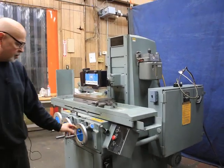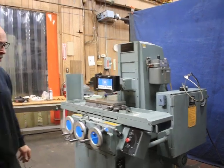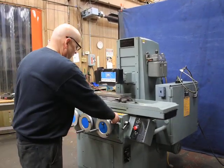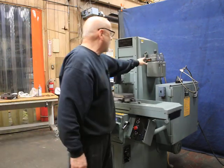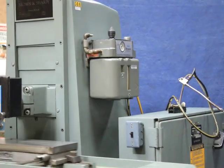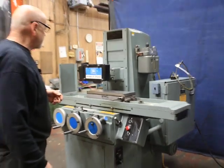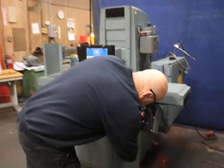Now this machine is also equipped with a fine feed dial for the down feed, which is nice to have. It's also equipped with a Bijur lubricating mist system. Clean looking machine, nice paint, factory paint. Also what you have on these is you